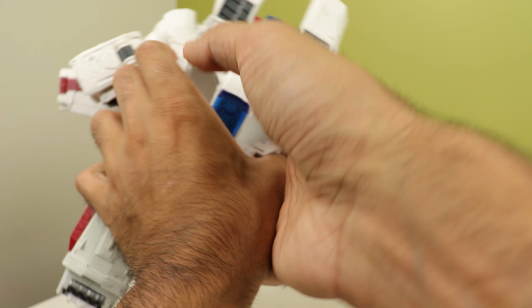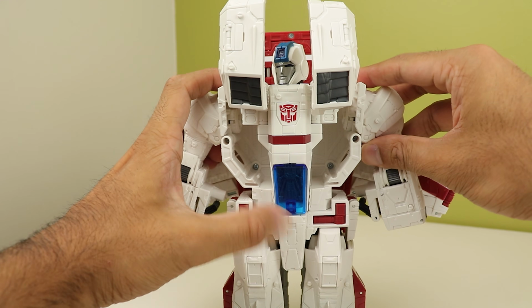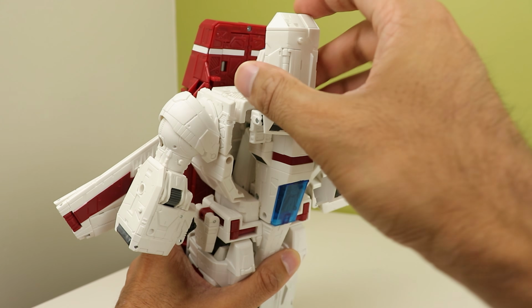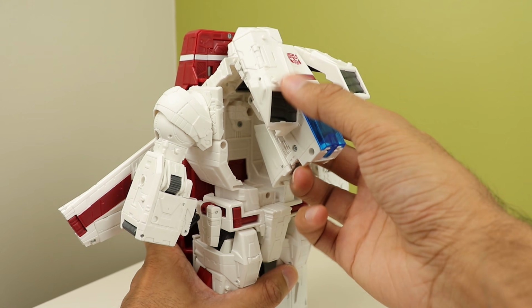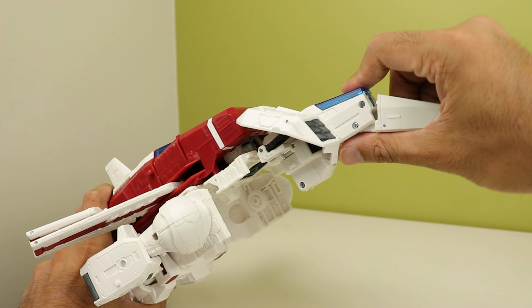Now we'll work on the front. So what we're going to do now is open up these shoulders, and then take this entire assembly, make sure the head's straight, and raise it up. Now one cool thing is the head is going to fit into here through this spring-loaded trap door. That's very cool. I like that. So you bring this entire thing up, fold up the nose cone,